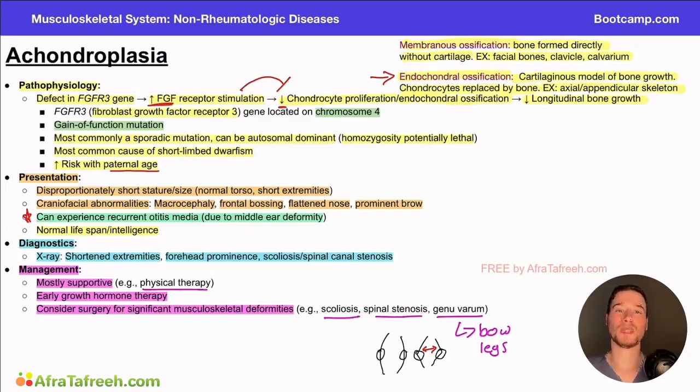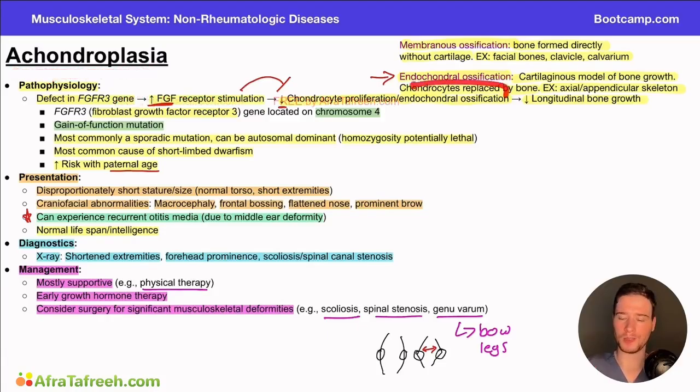They can also ask some more detailed follow-up questions in terms of the genetic inheritance. What's the chromosome? It's chromosome 4. And they might even ask about what a key association would be, one of which is the recurrent otitis media infections as well. So just to summarize this video real quick, achondroplasia,